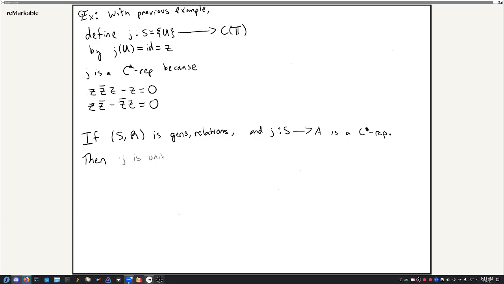So I'll call the pair J with A. So this pair is universal if for every other C-star representation, say iota, of my generators and relations into some C-star algebra B,